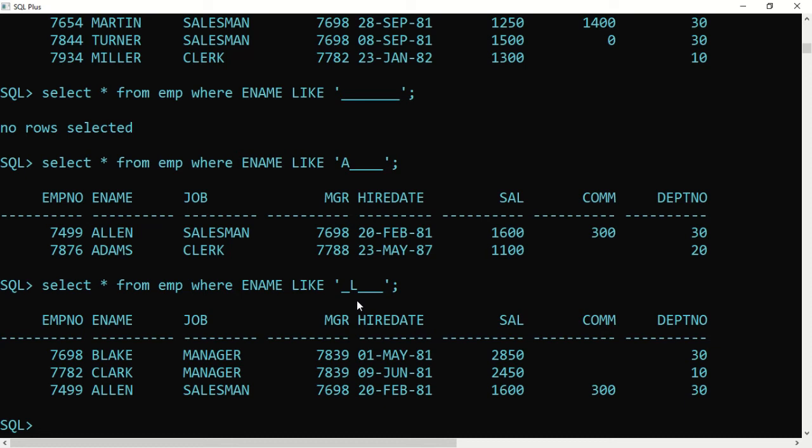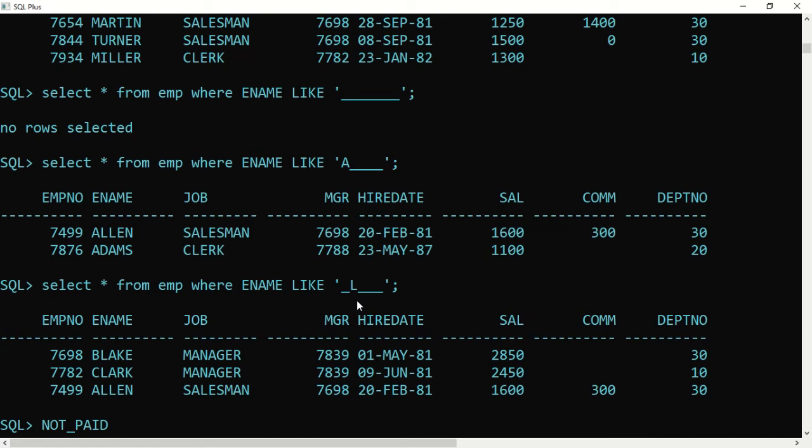So we have to negate this condition where the person's name actually has an underscore. For example, if there is a column called status, and the status has a word called not_paid, this is the word stored in a particular row of the column named status.